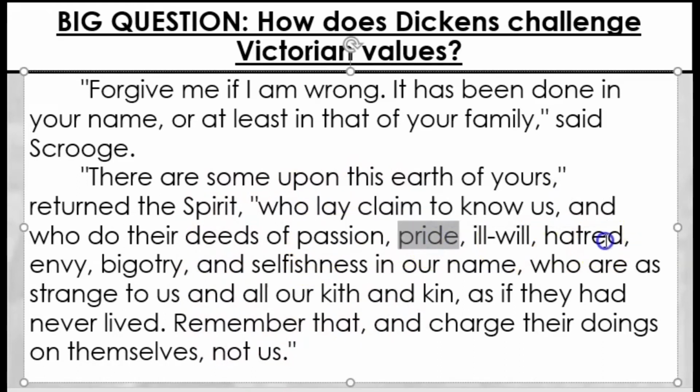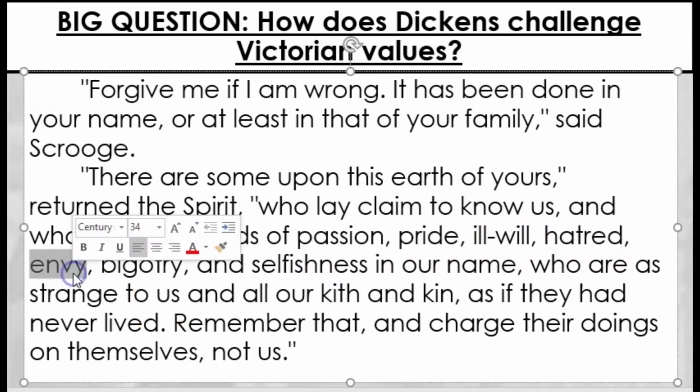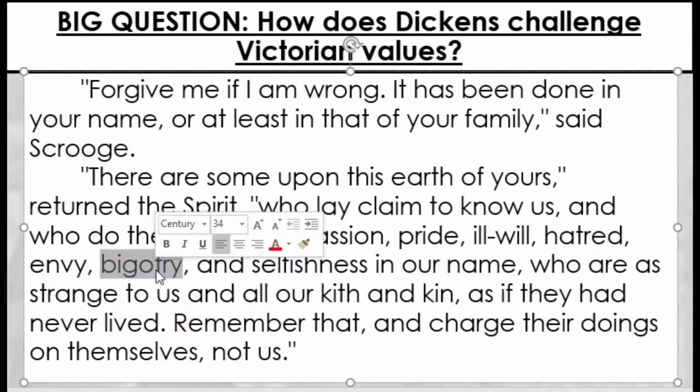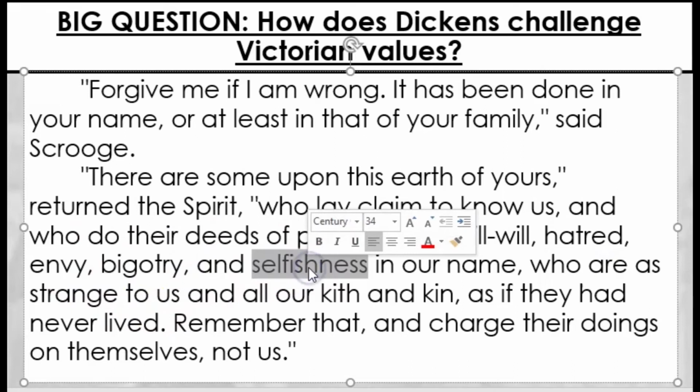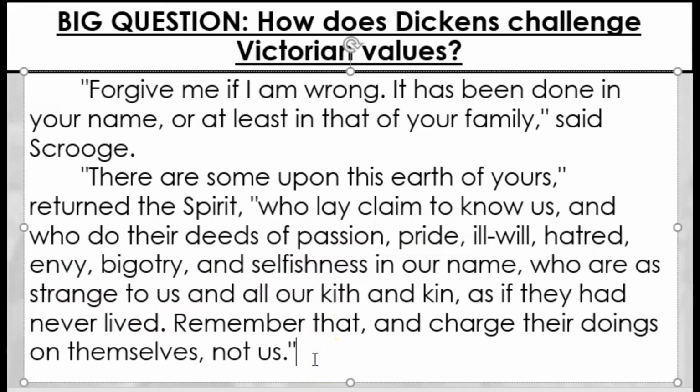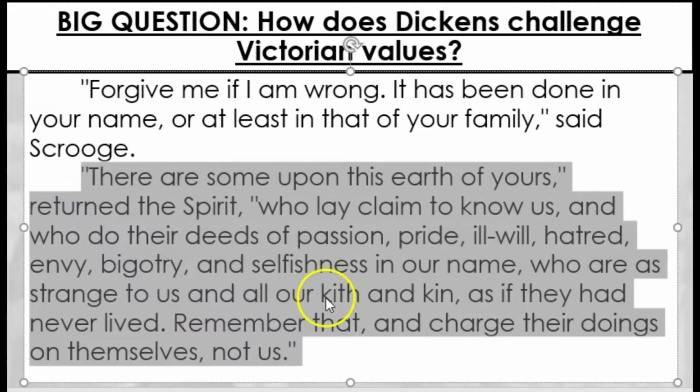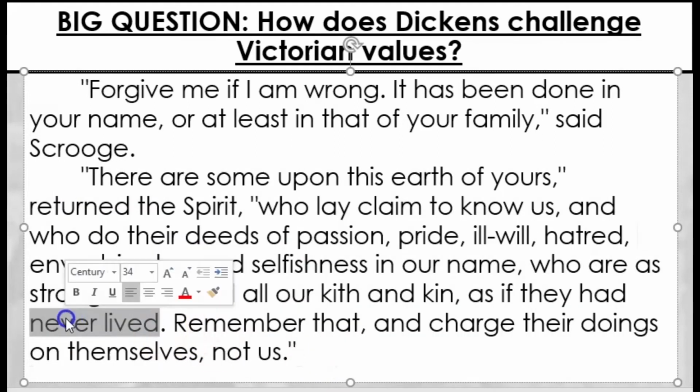Indeed, even in some cases out of hatred and jealousy, that's what envy means. Bigotry, so prejudice of various forms, but mostly just because they're selfish. So it's this idea that the rich think that they are acting generously and acting for the benefit of others, but the spirit's pointing out that actually they're not. The spirits have no idea what's really going on with those people, that they are essentially alien to them. It's like they never lived.